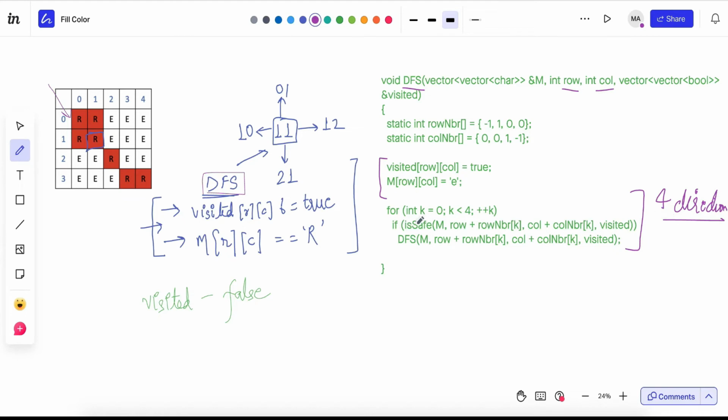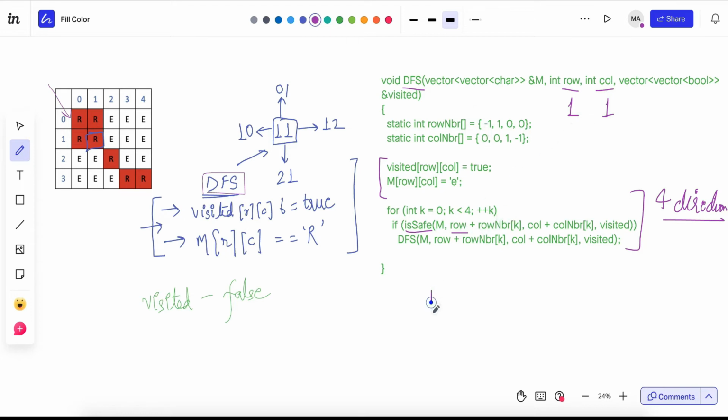We'll talk about isSafe in a minute. First, we have to move in the four directions, so we'll add to whatever row and column we have. Say we have passed 1 1. We'll pick -1 and 0.